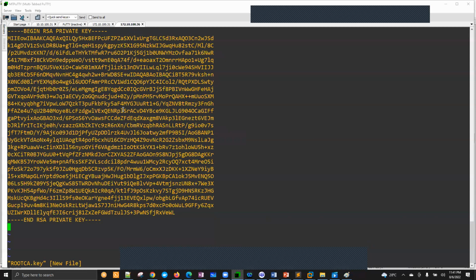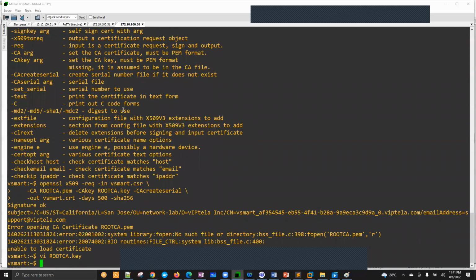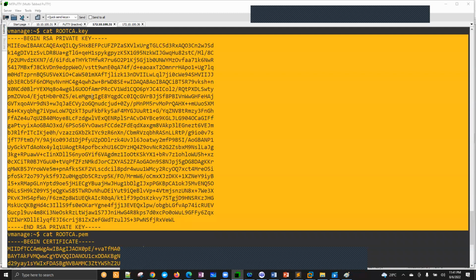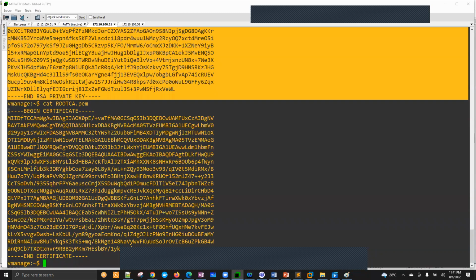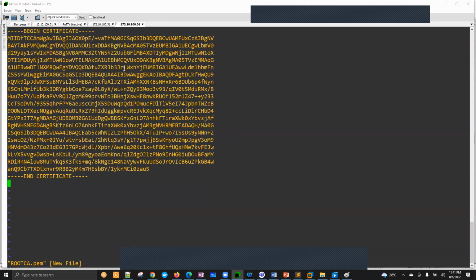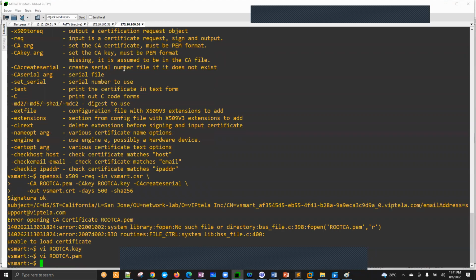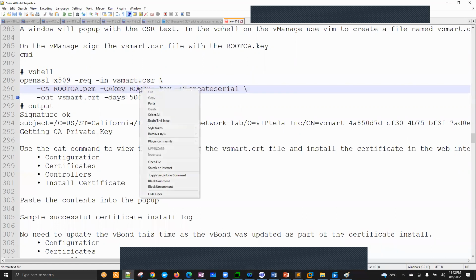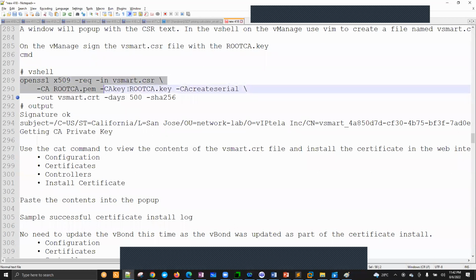Here, skip, and then you want to create the pem, and then you can go here and you have this pem. You can go here, insert, and now if you copy this vsmart file,